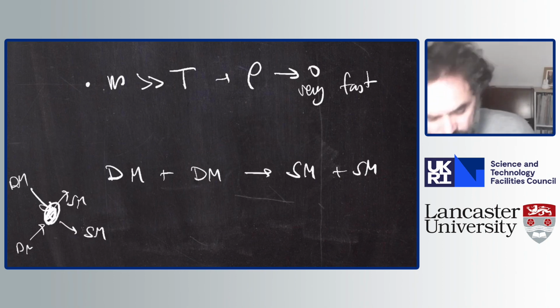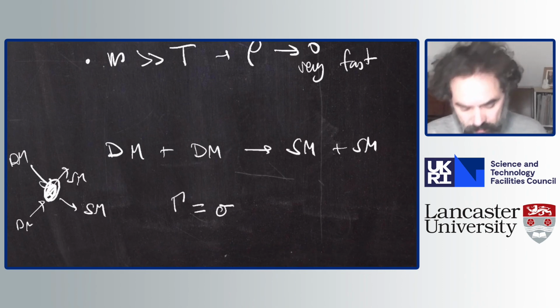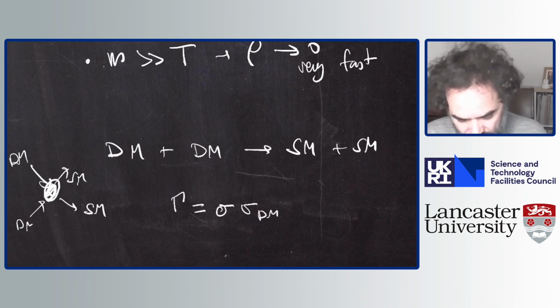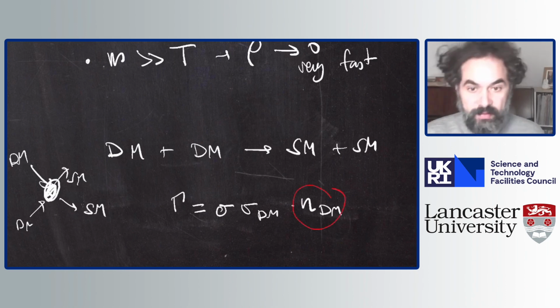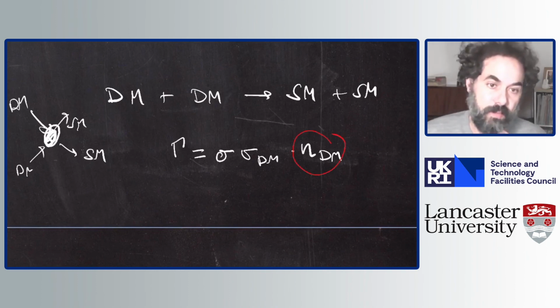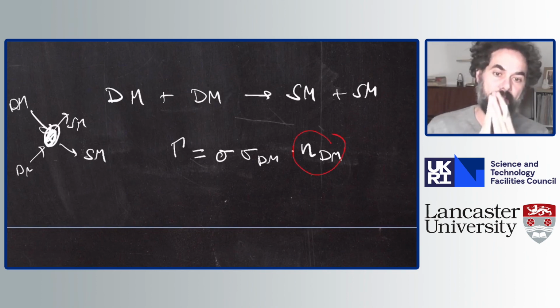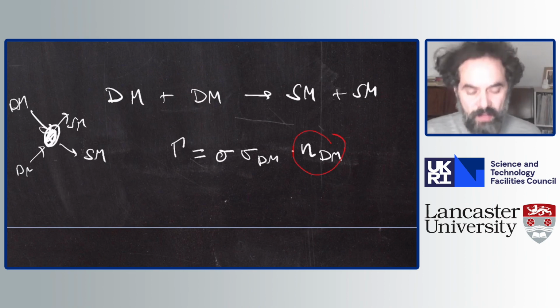All right. So this reaction will have some rate, which is going to be given by the cross section, the velocity of dark matter, and then the number density of dark matter. That's where we are going to be using the fact that since we are in an expanding universe, this quantity here evolves with time. So if gamma, the rate keeping things in equilibrium, was bigger in the past, at some point, because n tends to go to smaller values, gamma